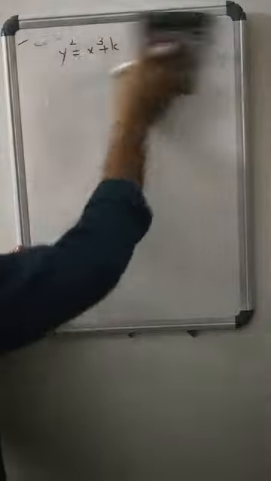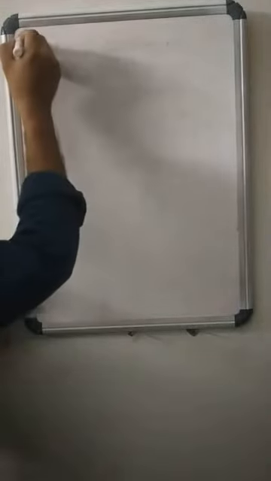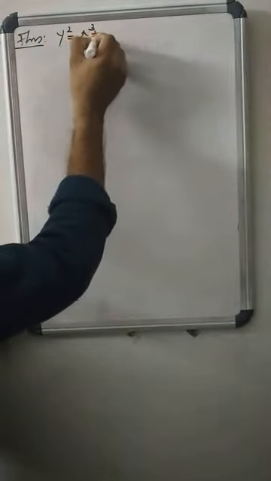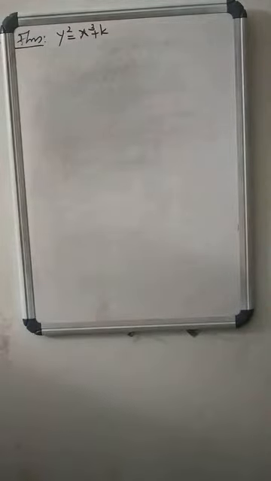Now, in the next theorem, we try to show that there is an infinite set of values of k for which y square equals x cube plus k has no solutions. That's our next aim. So the corresponding theorem states: consider the Diophantine equation y square equals x cube plus k. The theorem states that the Diophantine equation y square equals x cube plus k has no solution